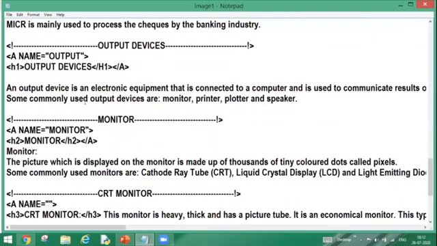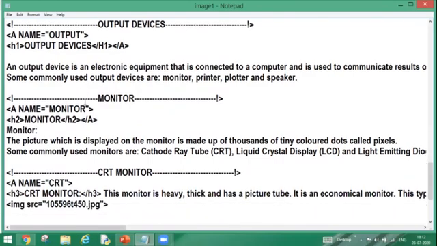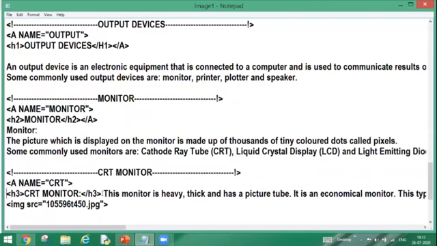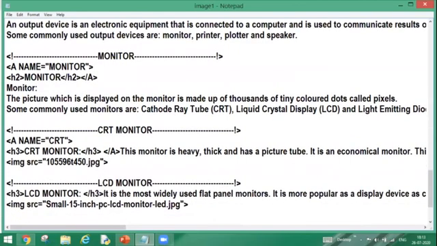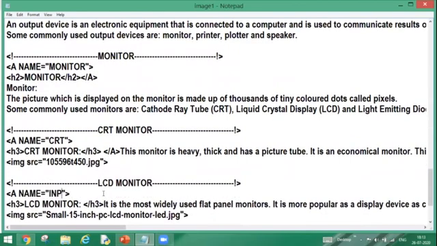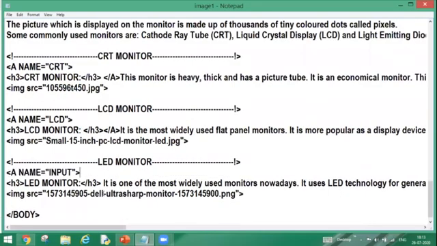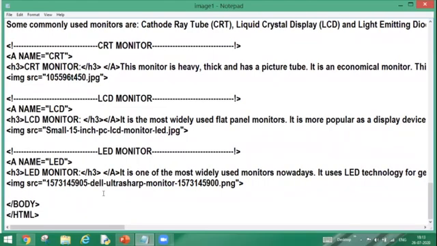So I would suggest you that once you are deciding the name for this whole thing, like CRT monitor you are writing, or anything, your name should be meaningful so that you can remember this. You need not scroll up for checking your name. And after this again, I can do it. Okay. Then LCD, after that only one is left, that is LED. So I guess I have given only LED. So for the better understanding, we should take meaningful names, right? So everywhere it is done.